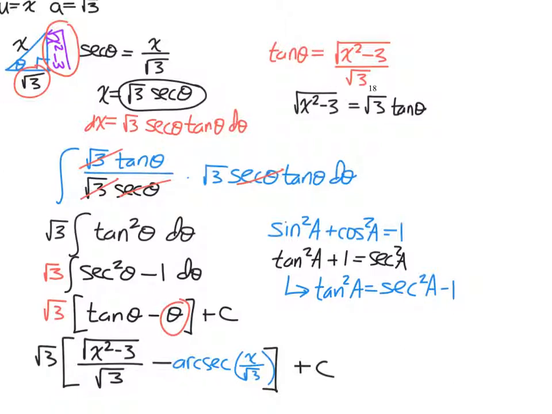You want to go for the simplest one, I would imagine, right? So 2 of them are listed here. If I were to take the inverse secant of both sides of this one, I get the arc secant theta equals the arc secant of x over root 3. If I use this one, I get theta equals the arc tangent of the square root of x squared minus 3